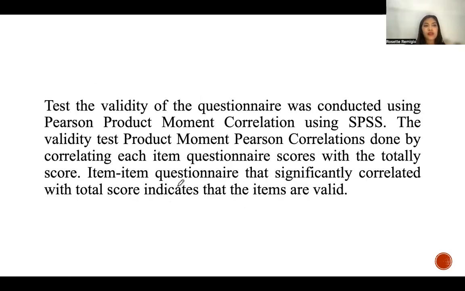So now, in testing validity, we can use SPSS. So again, in testing validity, we can use SPSS to test the validity of the questionnaire. The test of validity of the questionnaire was conducted using Pearson product